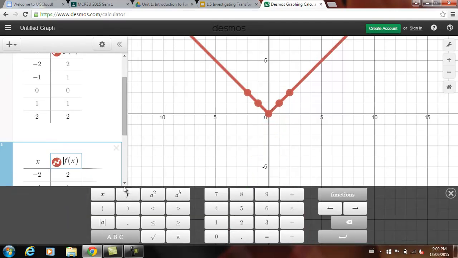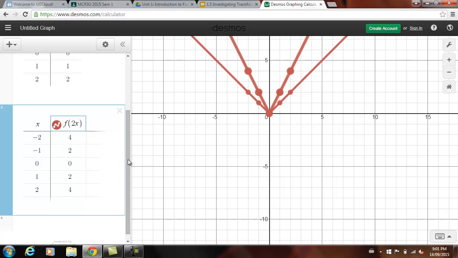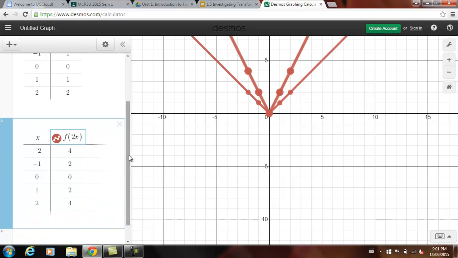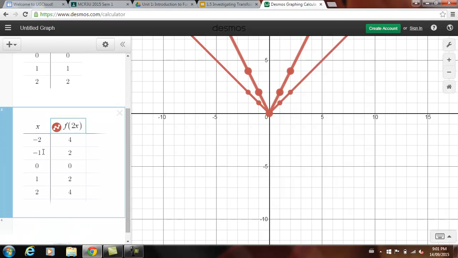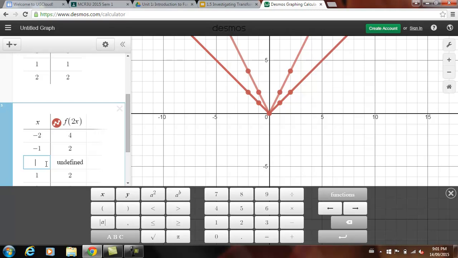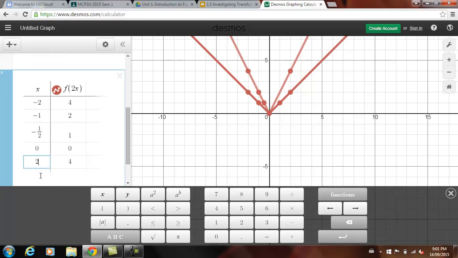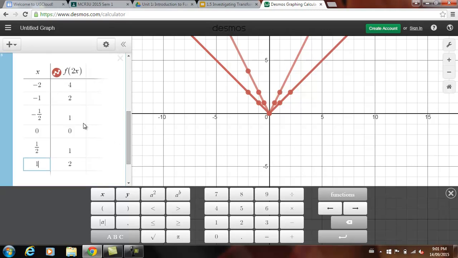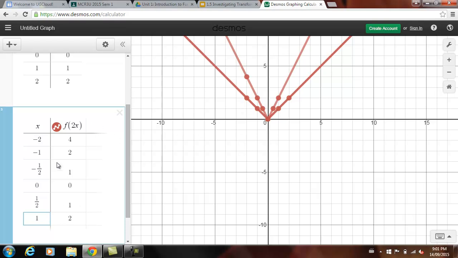If we take the base function and multiply the inputs by 2, what happens is to get to the same values for y that we had originally, you only need half the size. Because we're multiplying the inputs by 2, to get to these same 2, 1, 0, 1, 2, we could do that with -1, -1/2, 0, 1/2, and 1. So we need half. Like you can see, 1. So these are the outputs 2, 1, 0, 1, 2 for the original function. To get to the same outputs,